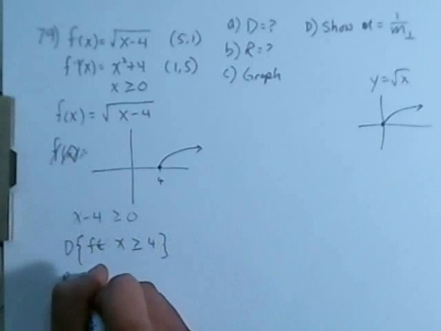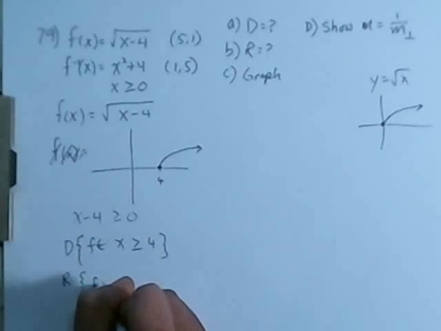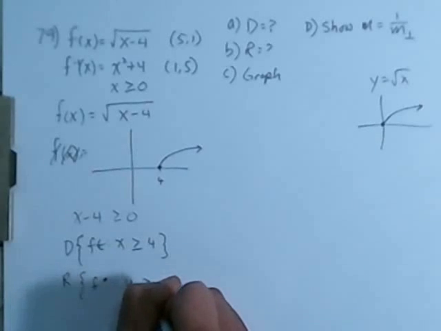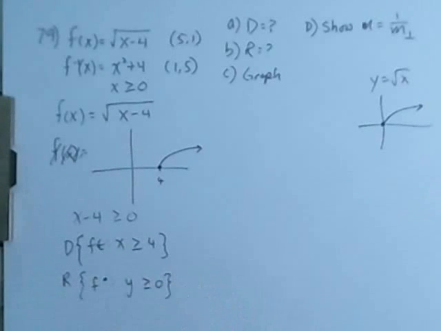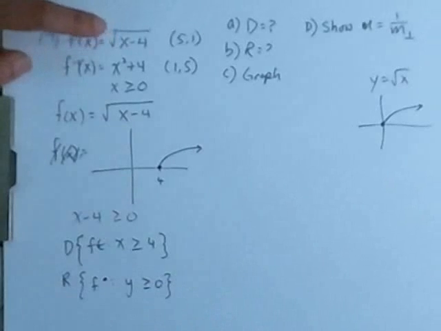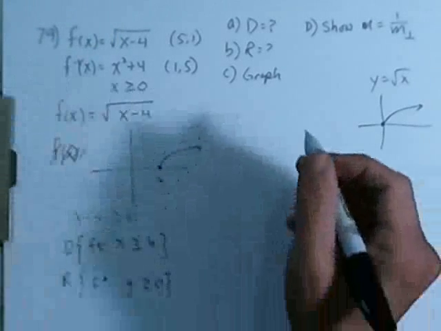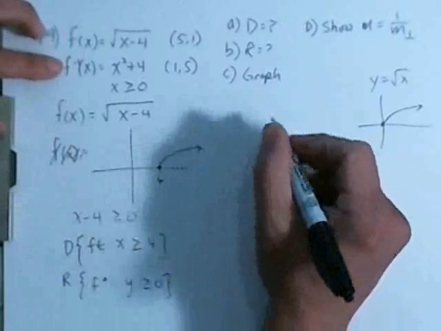And what's the range of values for the function? F inverse, no, I'm sorry, for the function, y is going to be greater than or equal to 0 as well, because you cannot have anything negative on the outside here, unless there's a negative in front. For the range, for the domain of the f inverse function,